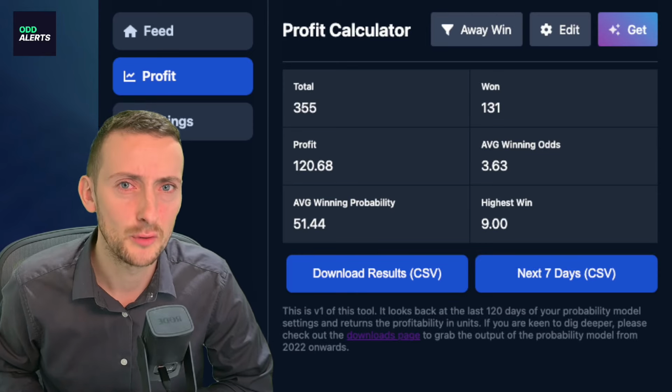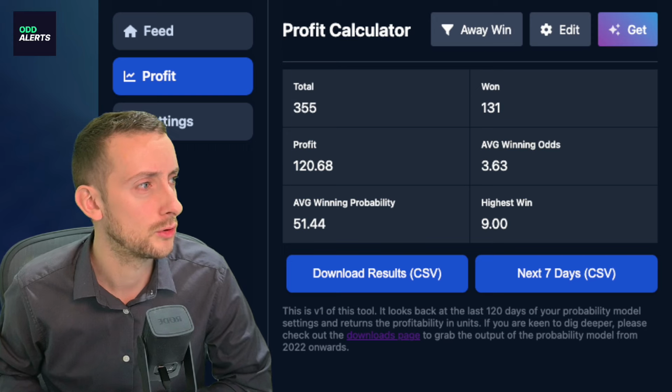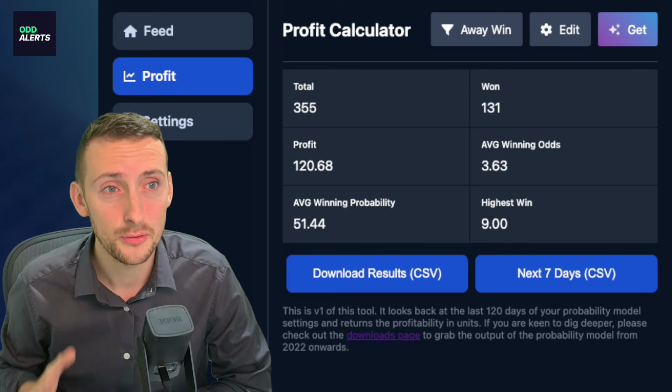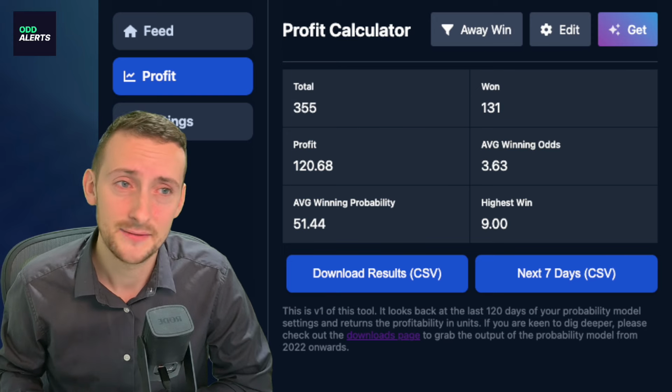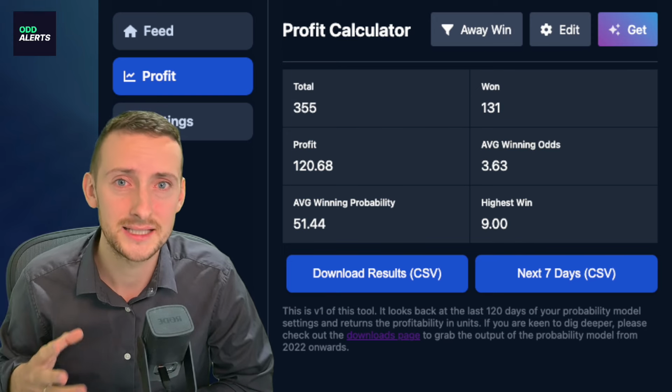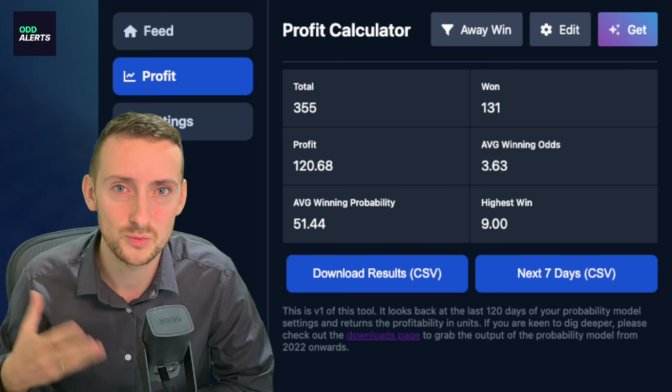120.68 units of profit. That is incredible. Across the last 120 days from Bet365 only, 355 total bets. That's absolutely magnificent. And I say that because a lot of these value betting providers, systems, websites that you'll sign